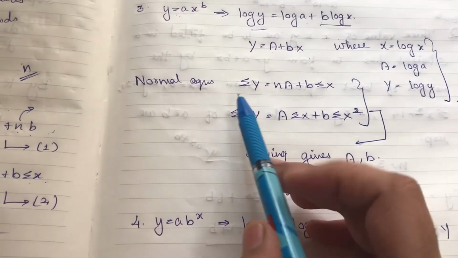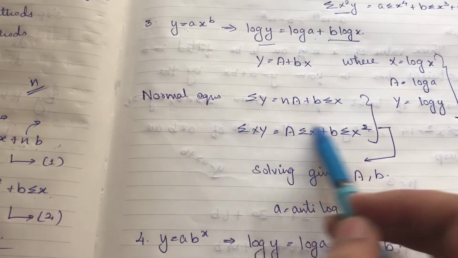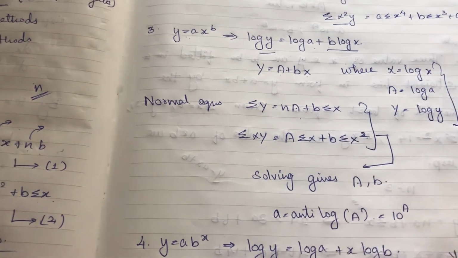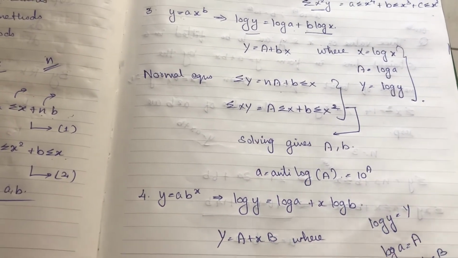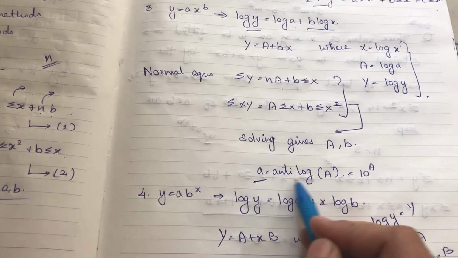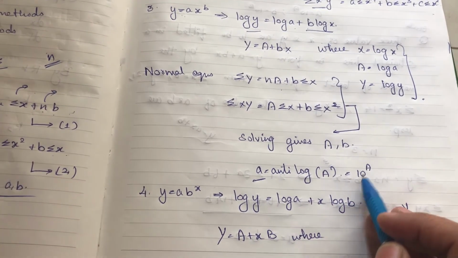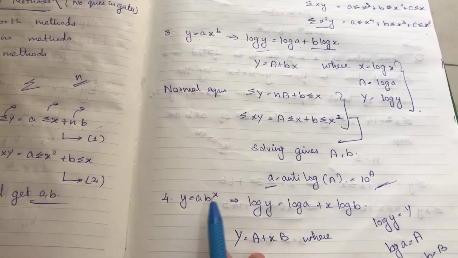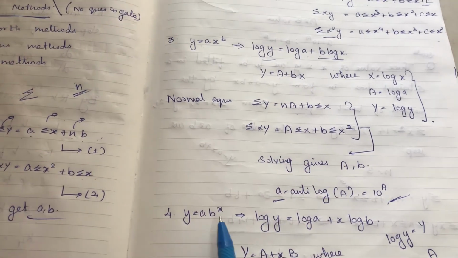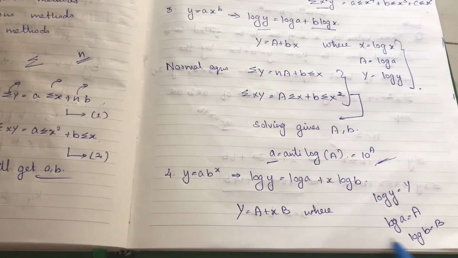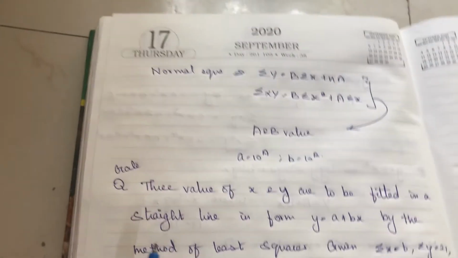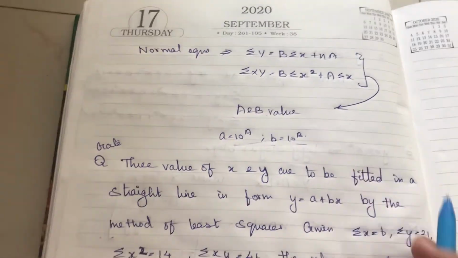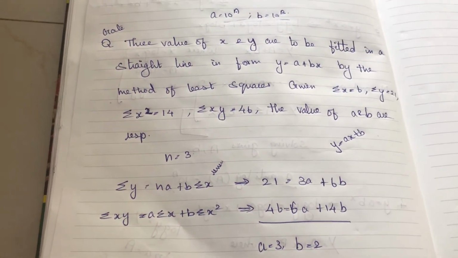And the normal equations will be summation of Y in terms of capital, okay, summation of Y equals n into A plus b into summation of X, same. And for finding the real values, small letters, we need to take the anti-log, or else base 10. Okay, so this is the answer. If the equation is in the form of a, b, x replaced, it will be like this, so you can easily find the a, b values in terms of x.